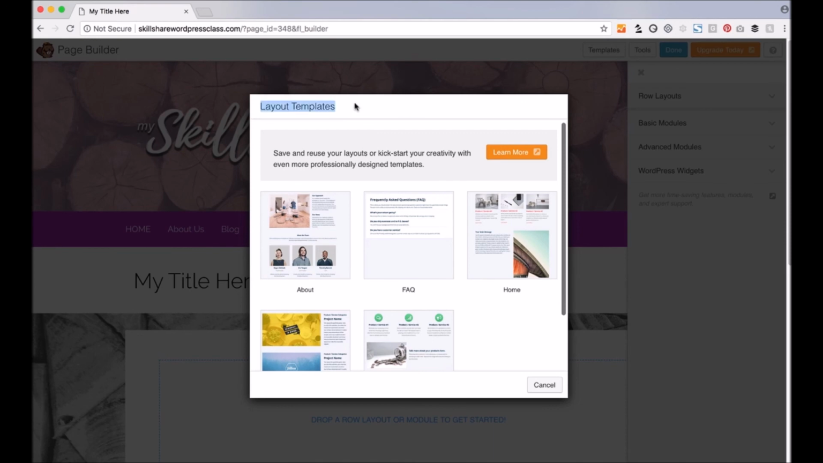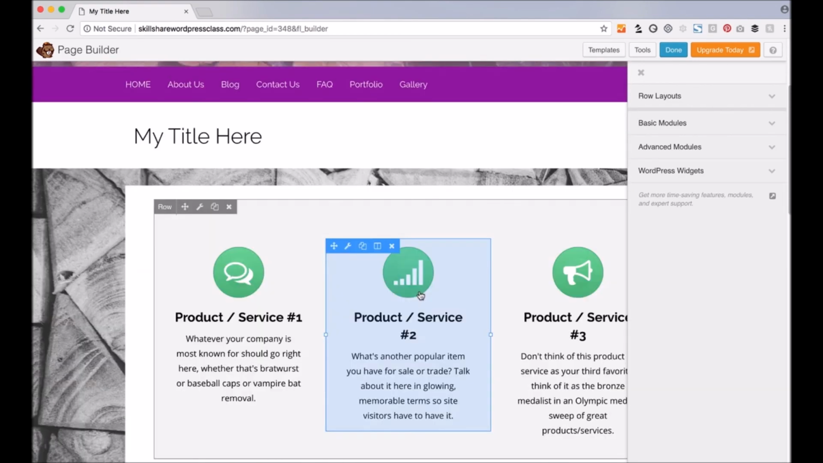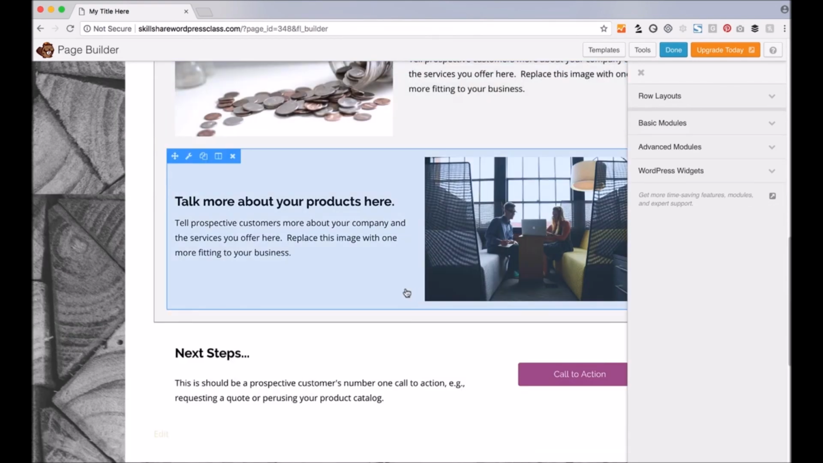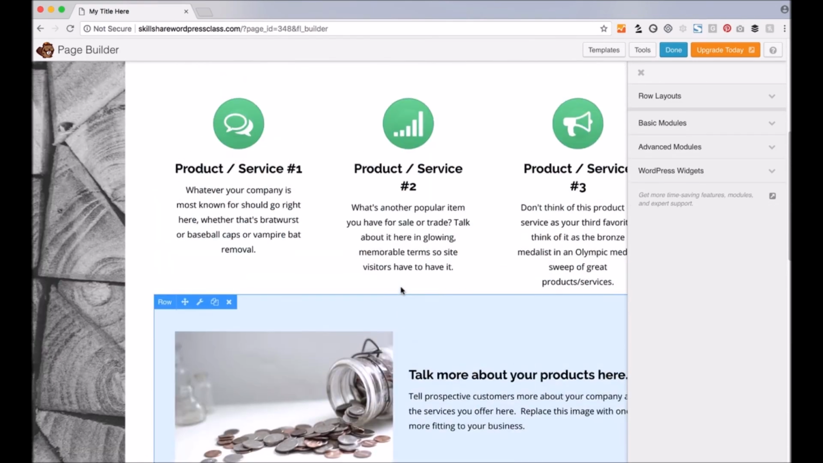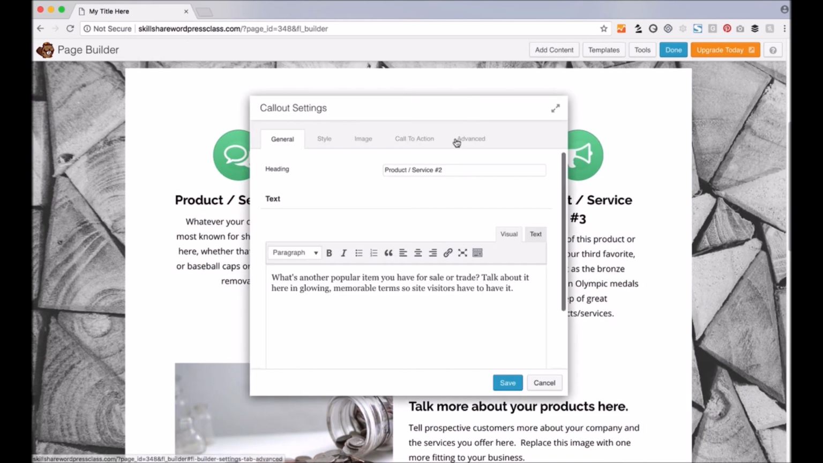Now you'll see when you're creating a new page, it gives you layout templates to choose from to build the page, which is a really nice way to kickstart your page. So I'm going to select this services page, and it's going to drop in just like that. So now all you have to do is just what we've been doing on the other pages and select something to edit, change your headline,